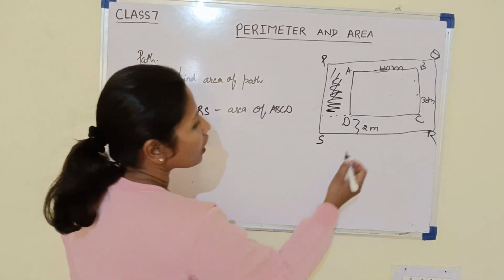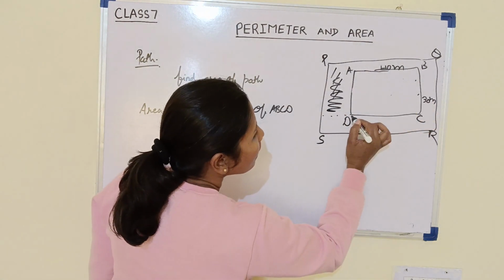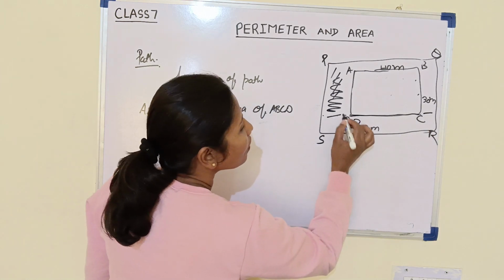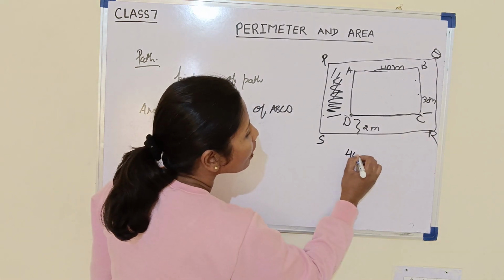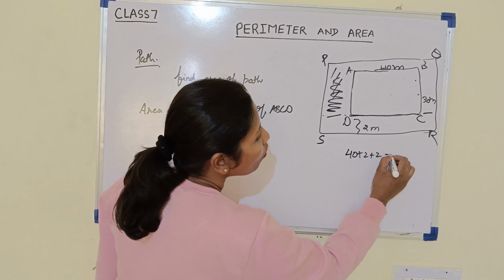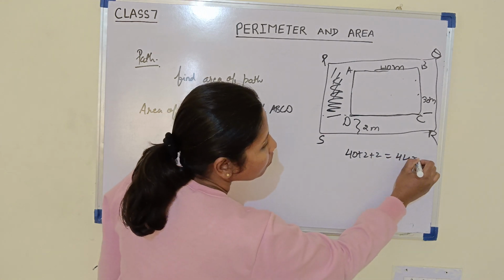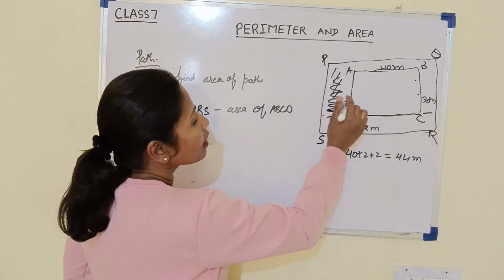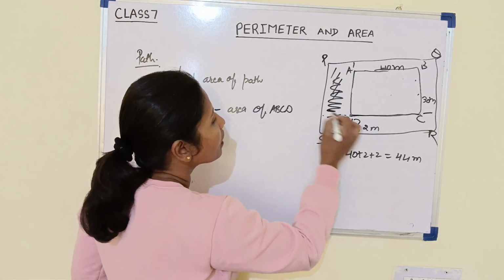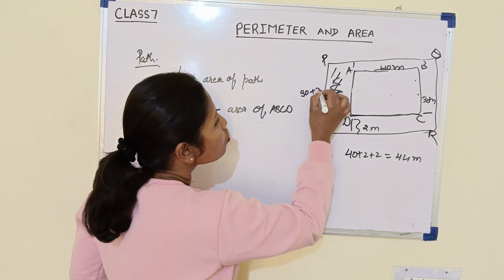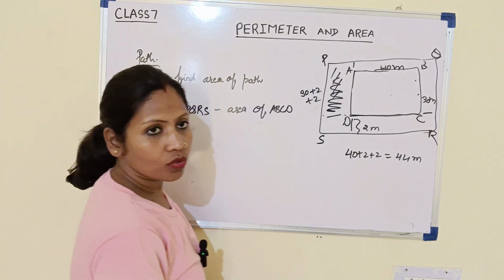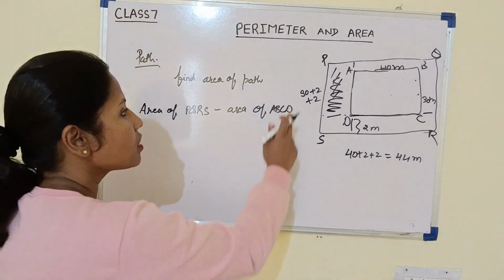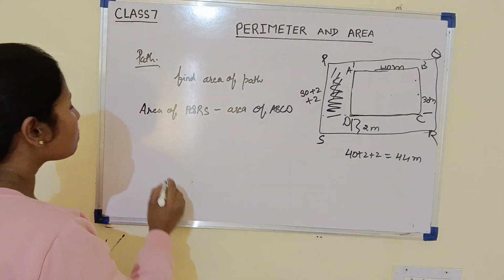तो हमें पी क्यू निकालना है। तो ये कितना था, ये 40 मीटर था, राइट। और ये 2 मीटर वाइड हुआ और ये 2 मीटर वाइड हुआ, कितना हो गया 40 प्लस 2 प्लस 2, 44 मीटर। गॉट इट। और ये जो 30 मीटर था, ये 2 मीटर एंड ये 2 मीटर, सो 30 प्लस 2 प्लस 2, ये जो ये वाला साइड होगा ये 34 मीटर होगा। कैसे, 30 प्लस 2 प्लस 2,